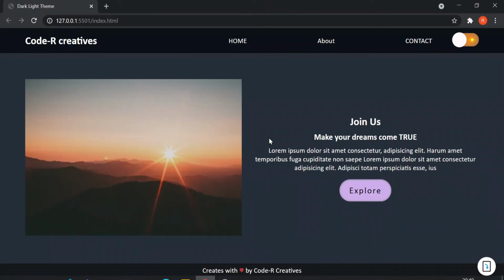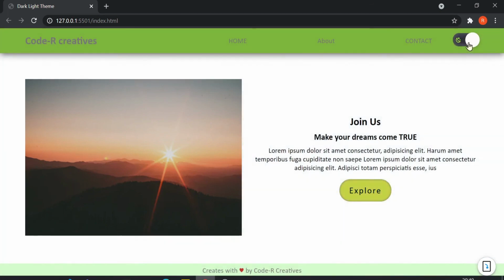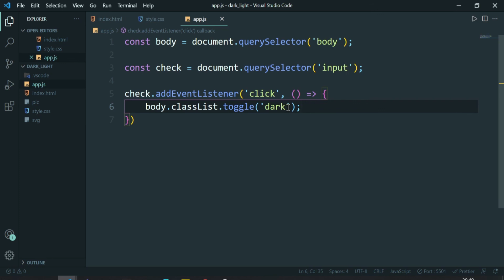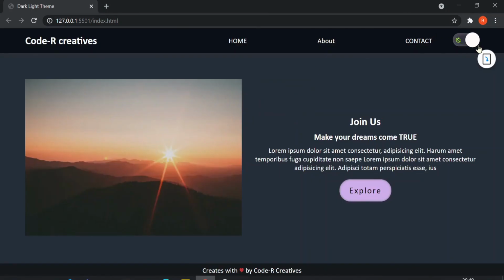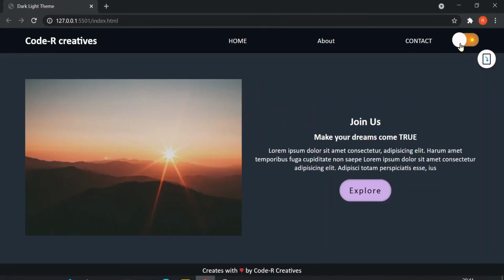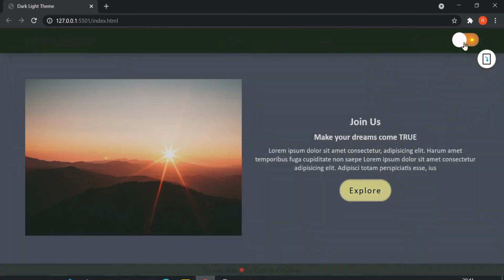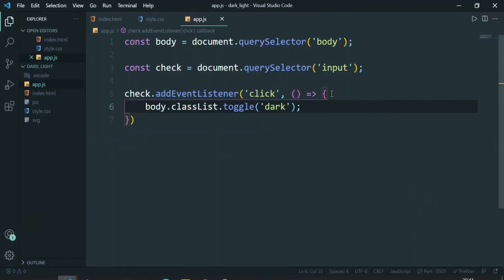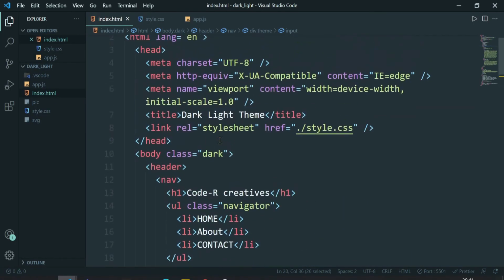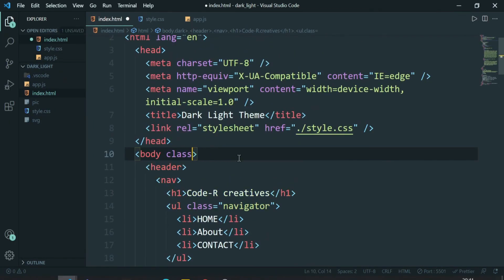So let's look at the project again. Okay, it's working in reverse. So for that we can do one thing, we can just save it, and now we can add it over here. Let's remove this for now, and let's remove this also for now.